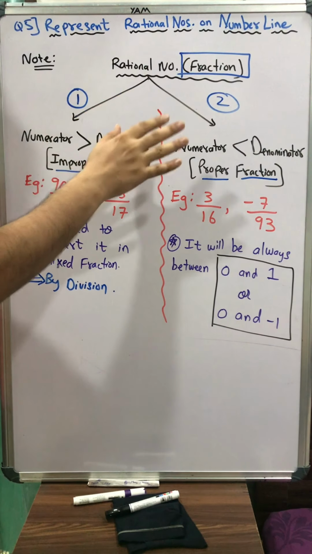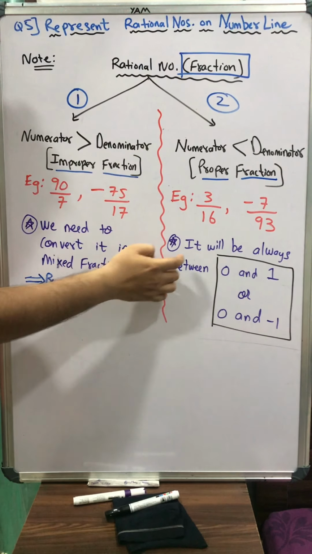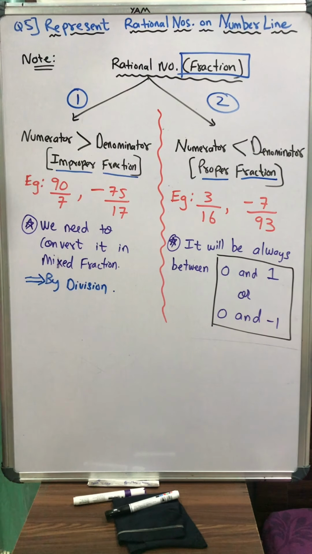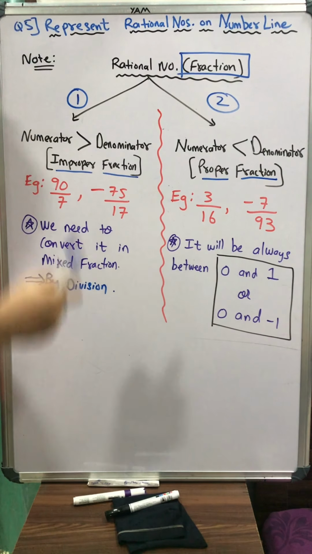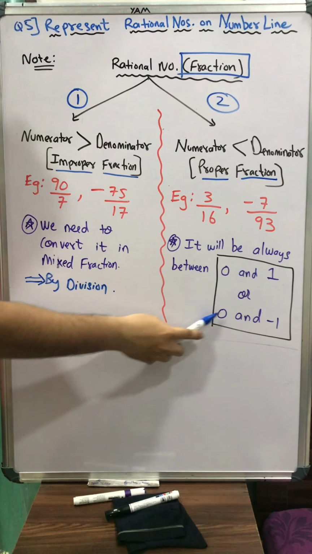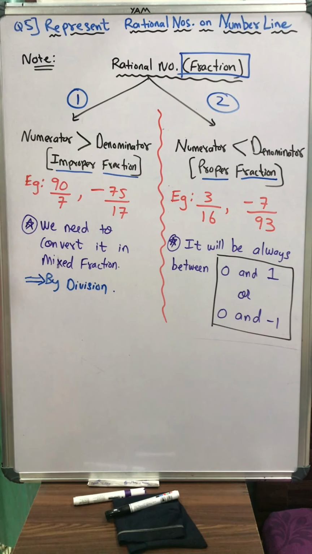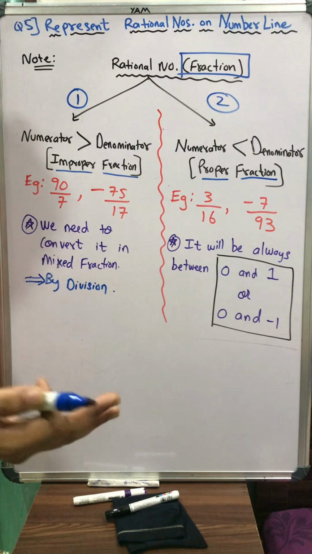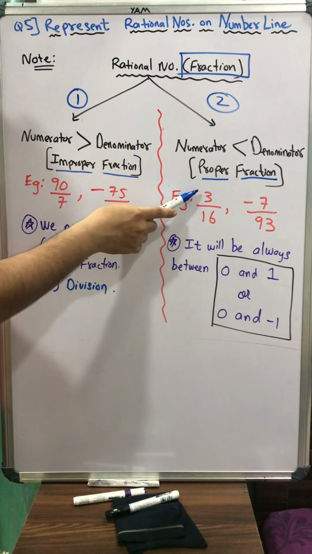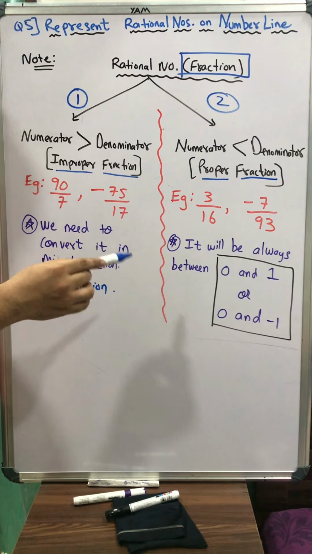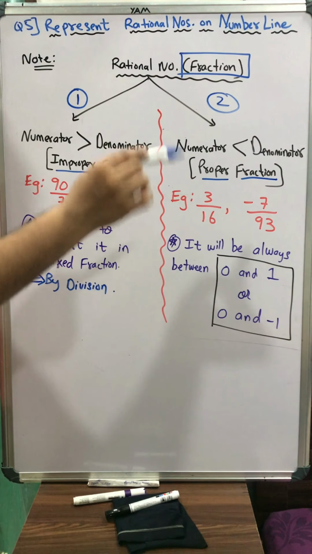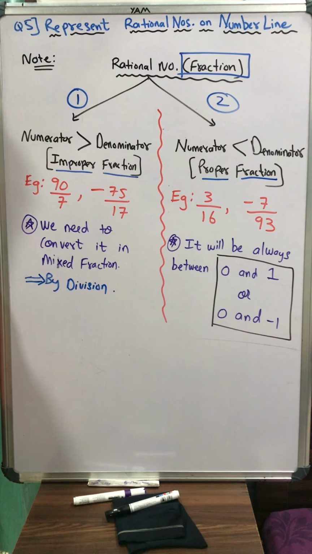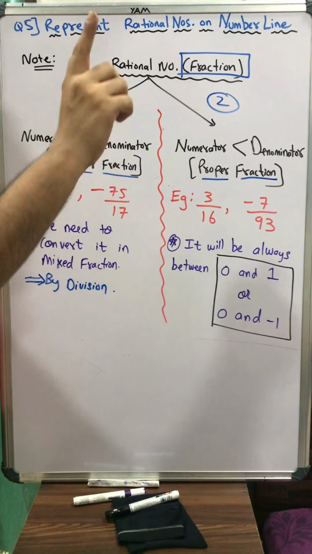And whenever we have numerator small and denominator big, very important, pay attention here, all of you on the board. Your fraction, when you will plot on the number line, it will always be between 0 and 1 or 0 and minus 1. Yes, always. The biggest hint, remember this. Why? Don't rote learn it. Why? Because when you will divide in your calculators 3 divided by 16, the number will always be less than 1. The answer will be 0 point something. 7 divided by 93, answer will be 0 point something. Whenever numerator is small and denominator is big, answer always comes less than 1.